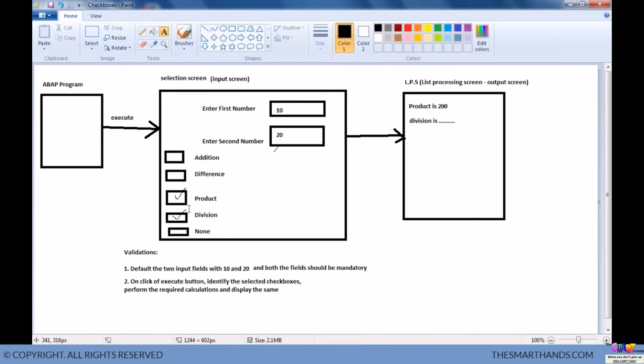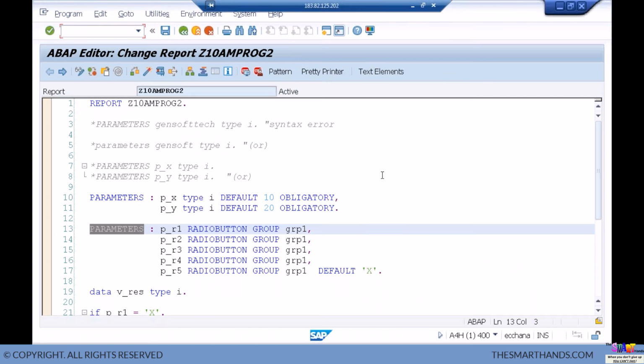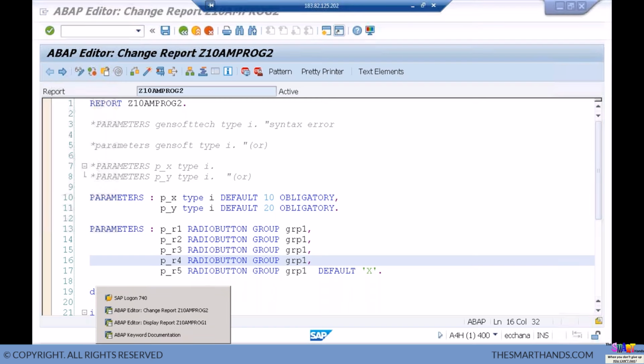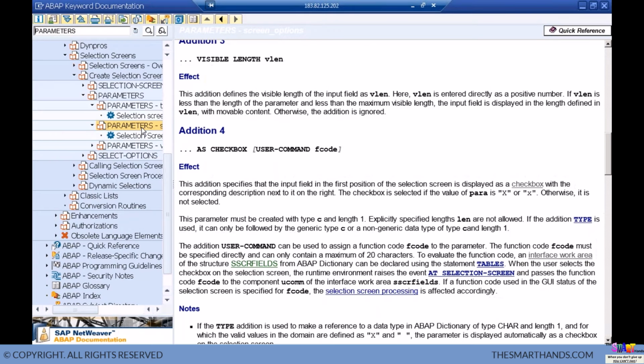So in real time also remember, you or me cannot remember all the syntaxes because you have thousands of statements, thousands of options. We should just remember the main statement, press F1, it will open the online documentation, analyze the documentation, refer to the examples and do. Okay, so here I press F1, I got some documentation, but they gave that screen options